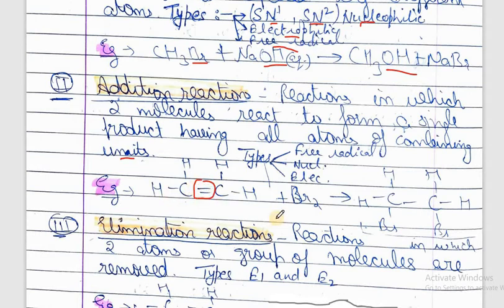Example is alkene with bromine. Now this bromine will add across the double bond, one to one side and the second to the other side, so they are attached and the double bond is converted to a single bond. So these are the addition reactions. Now addition reactions are again of different types: free radical addition reactions, nucleophilic addition reactions, electrophilic addition reactions. All these types actually depend upon the mechanism, in which the starting reagent matters.